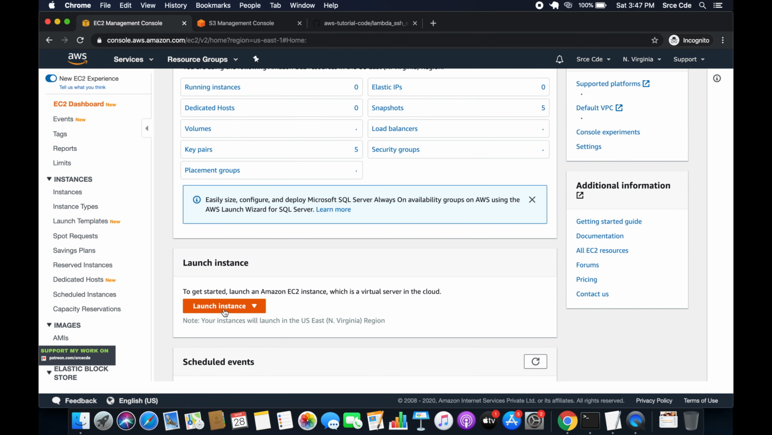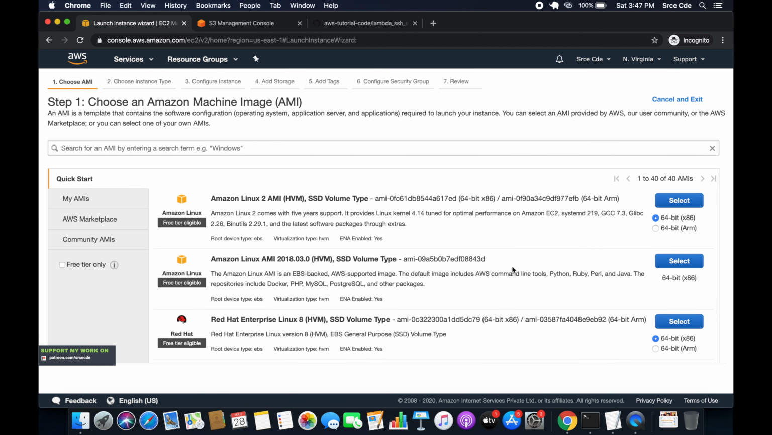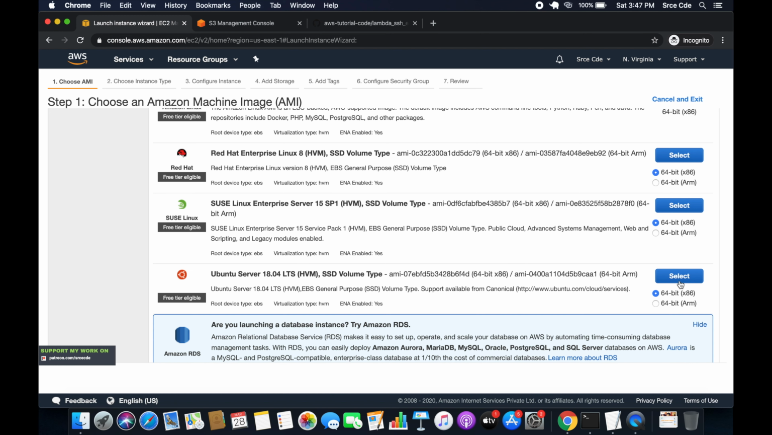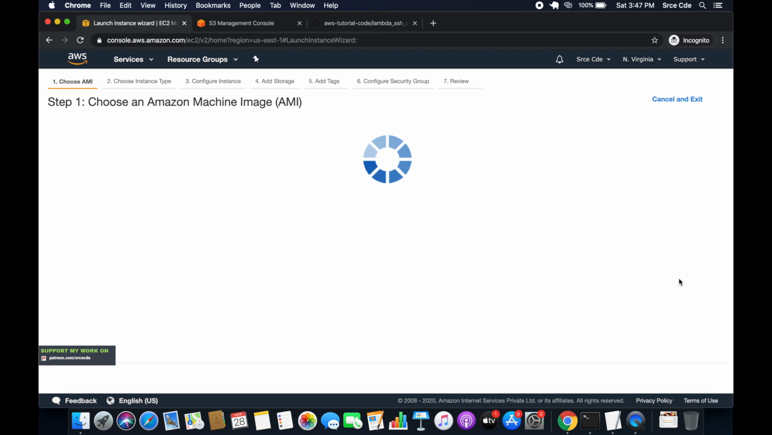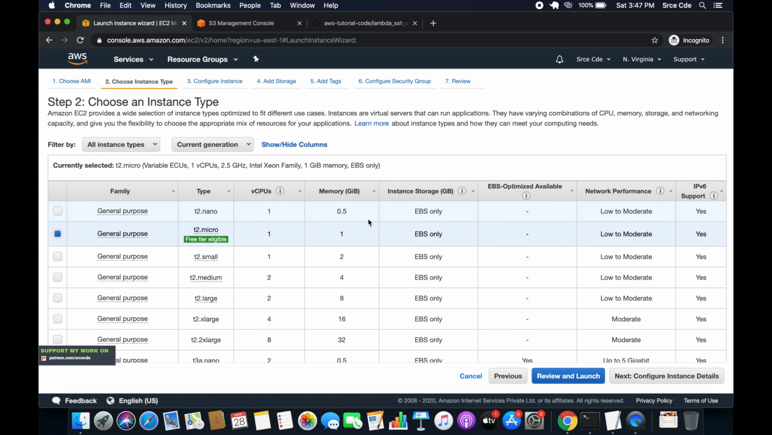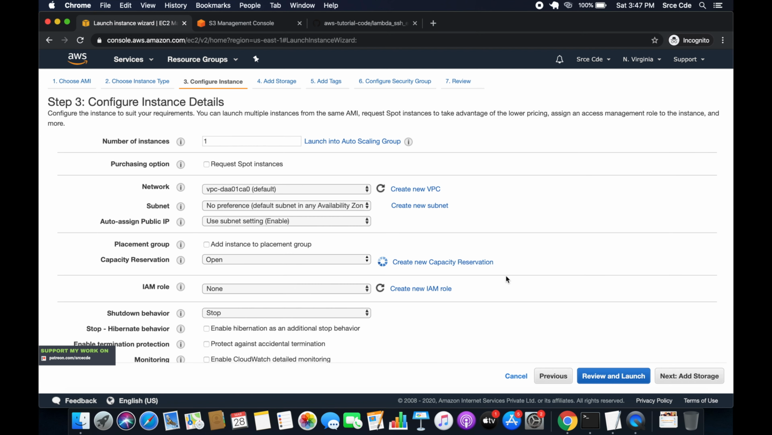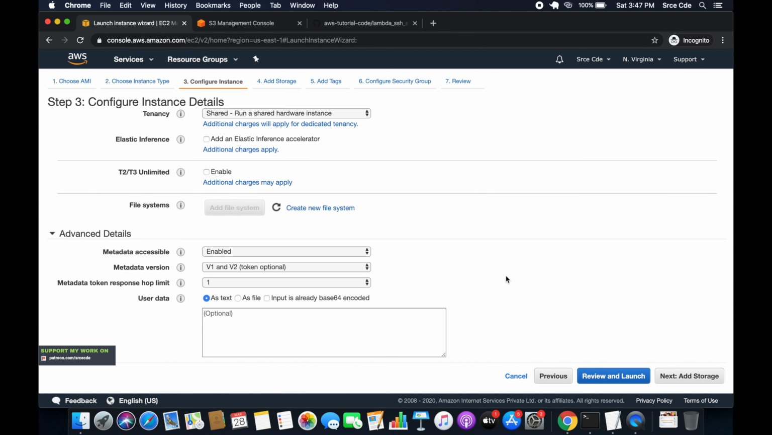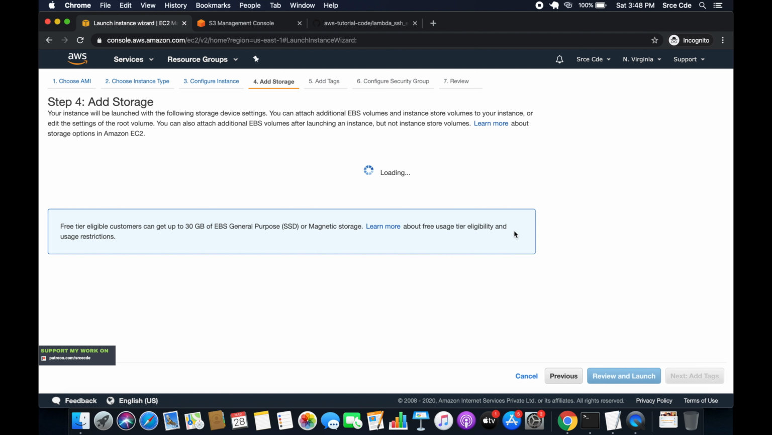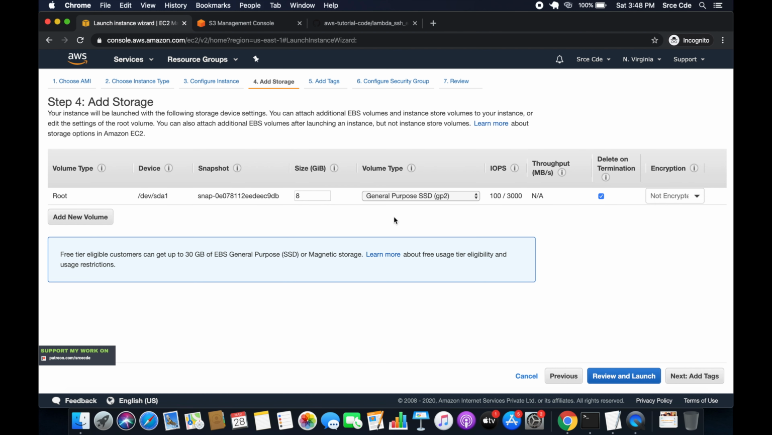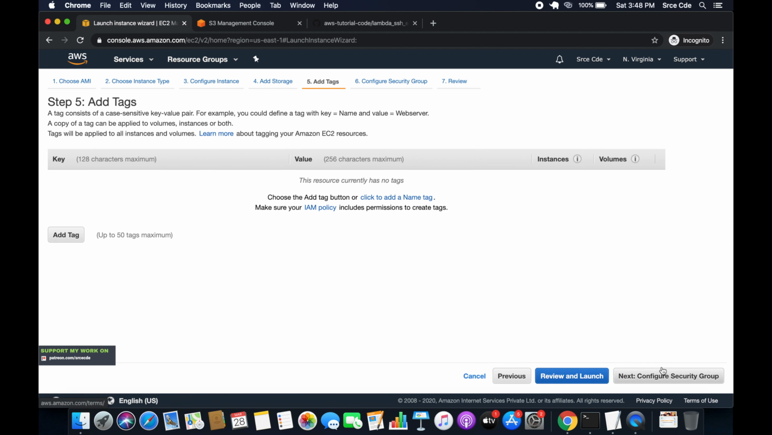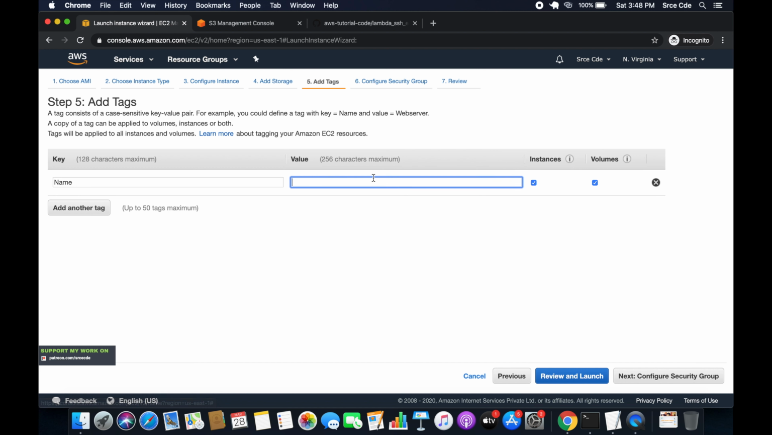Now here, click on launch instance. We will select Ubuntu Server 18.04 LTS. Within instance type, I will select t2.micro, click on next. This we will leave as it is. For storage, we will leave it as 8 GB, click on next. Maybe I will add a name tag, I will say Lambda layer,